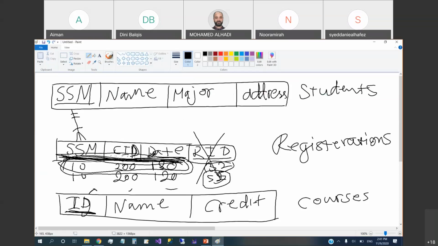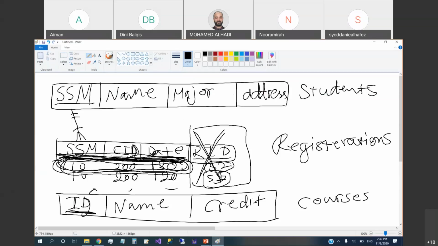You understand? Yes. So if we don't use this and we make these 3 fields primary key, and the same student wants to register the same course in the same semester for the second time, then the system will automatically raise an error. It's not going to accept it. Okay, so if we use the registration ID, then we have to protect our system from allowing this kind of scenario